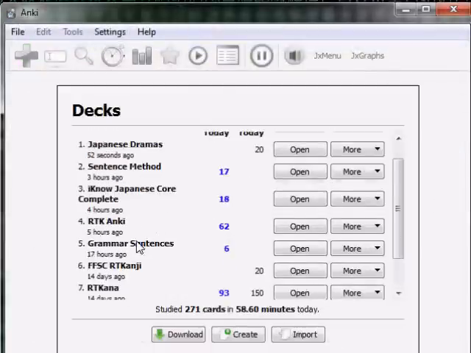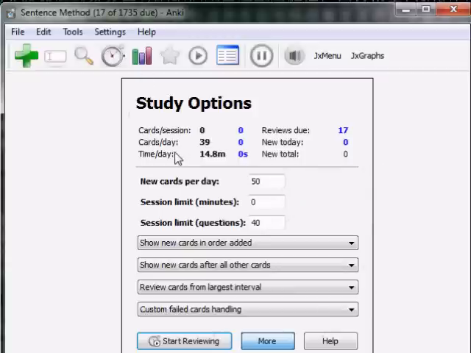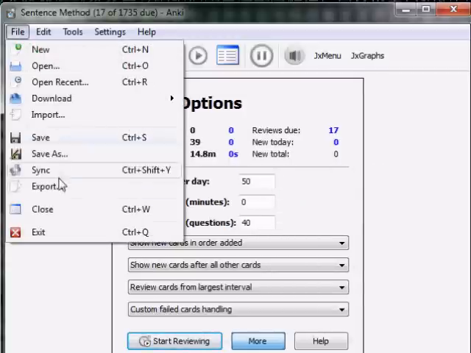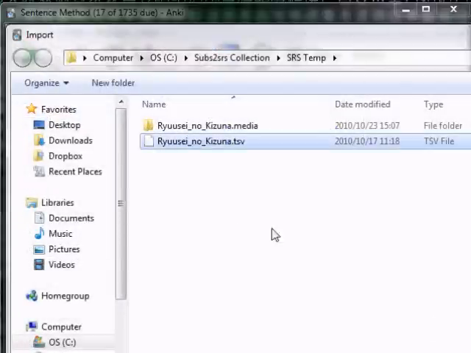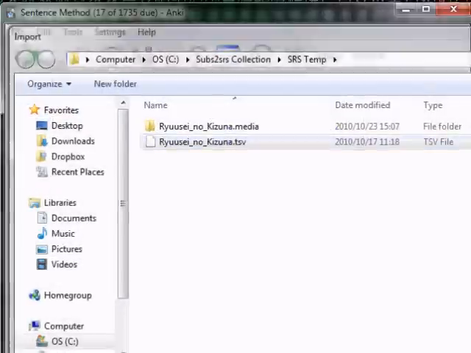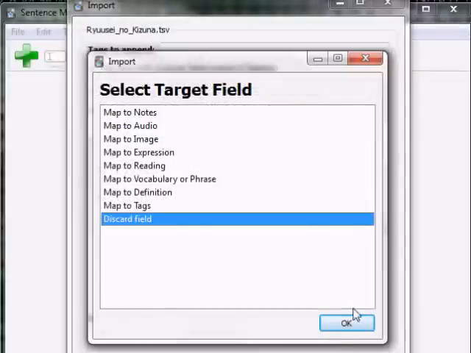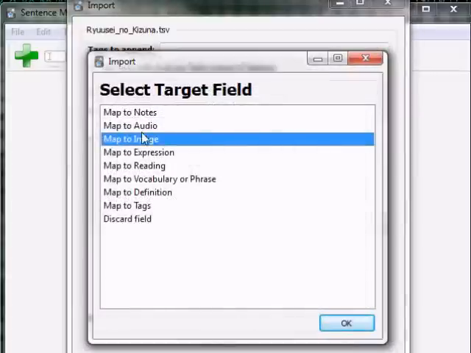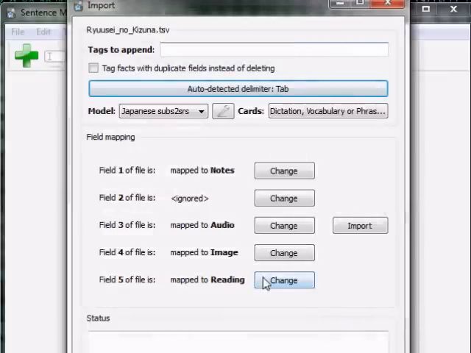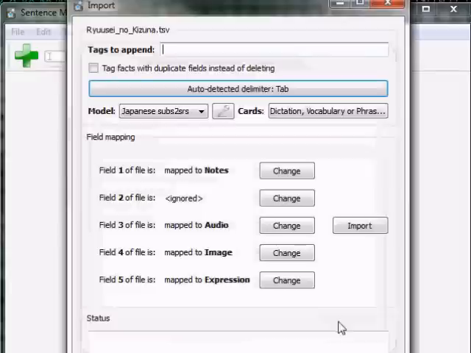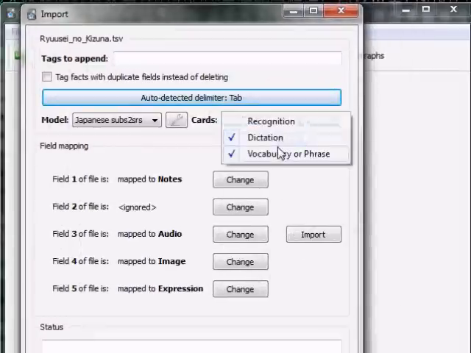Okay, we're going to open up the one I've been using, which is sentence method. And in this case, I called it sentence method, but I'm still going to import. Still going to import this little file right here. Same thing, remap everything, notes. That one I'm going to discard. Audio mix expression. Okay, now notice the cards, dictionary, vocabulary, phrase. I'm only going to care about